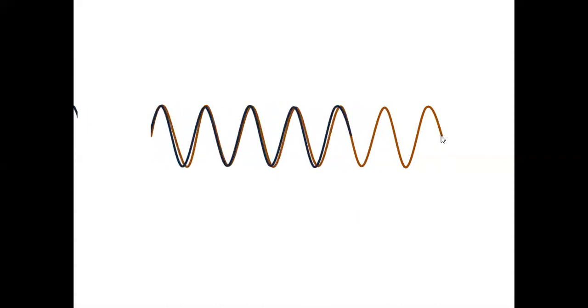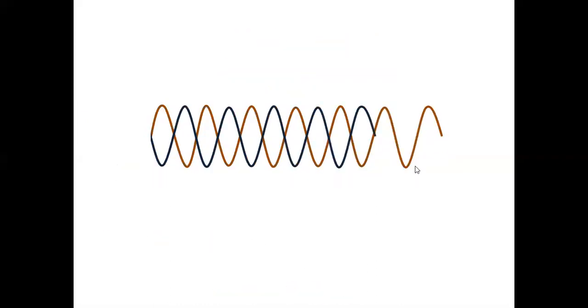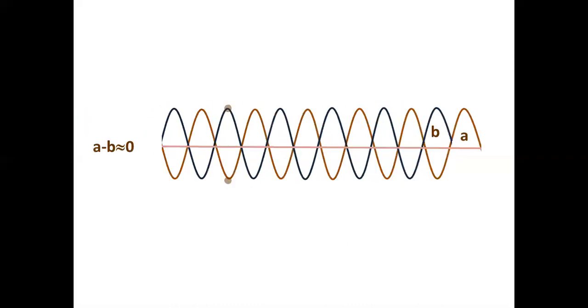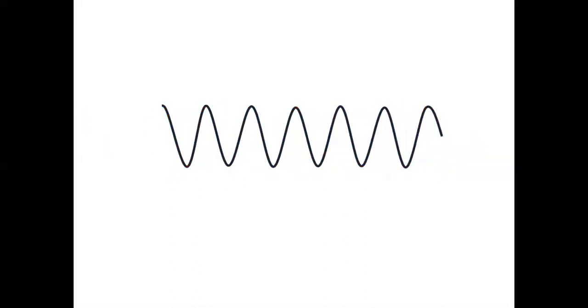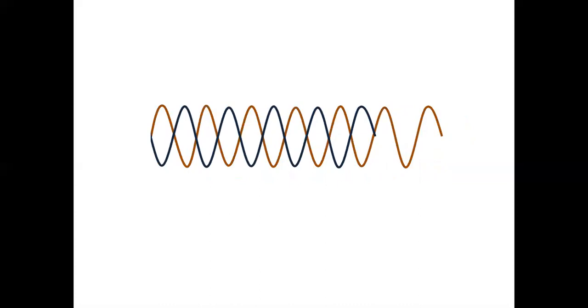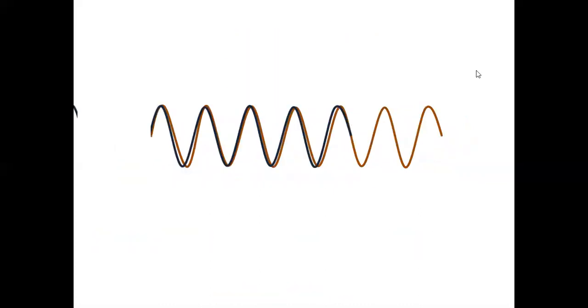Now you say it is 2 lambda, 1 lambda, 1.5 lambda, this is 2 lambda. So if the path difference is 1 lambda, 2 lambda, 3 lambda, 4 lambda, exact lambdas, then again the crest of one wave meets the crest of another. It's a constructive interference. What do you mean by that? They superpose with crest and crest.